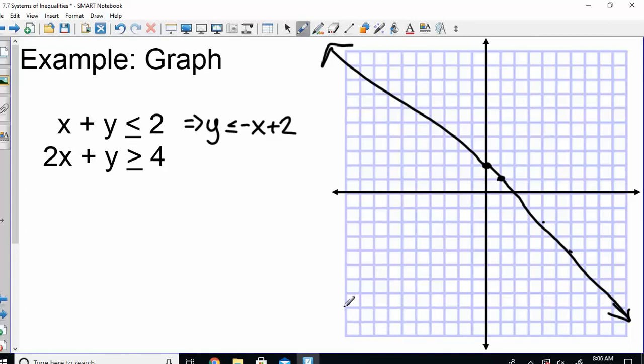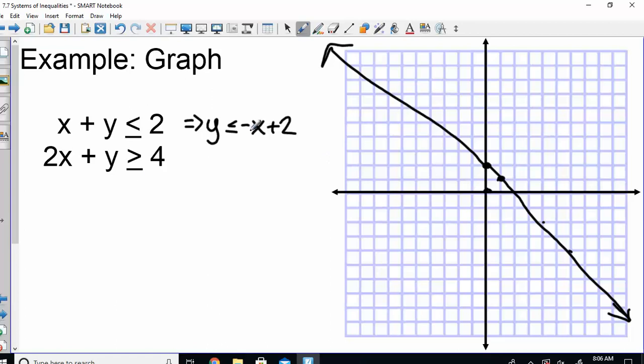And we also have to shade with this. How do we know where to shade? Do you remember what you did? In general, if it's a line, if you have y by itself, less than would be below the line, greater than is going to be above the line. So you might be able to look at it and tell. If not, you pick a point. You need a point not on the line, so the favorite was always kind of 0, 0,